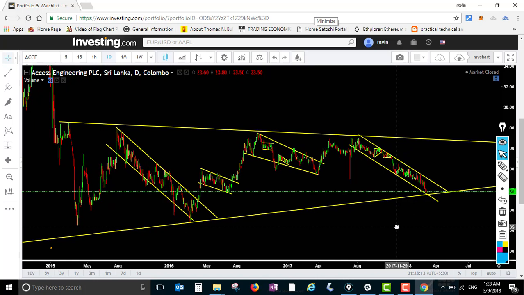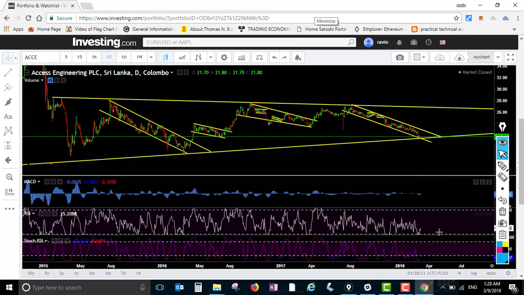For that you need to find signals from indicators. These indicators I will teach you how to use in future. So once all indicators are giving the same signal and the chart itself shows it is ready to reverse,